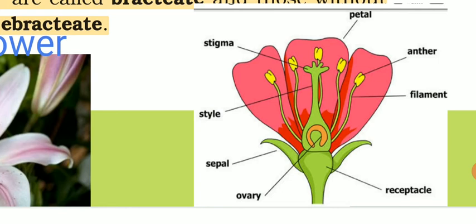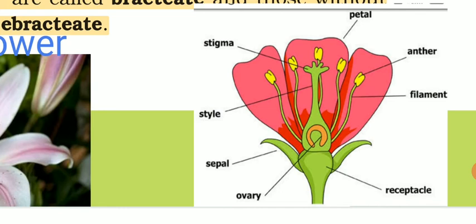Petals are variously colored, ranging from one kind of color to another: bright colored, light colored, white, so beautifully colored. Petals help in pollination, and they attract various kinds of insects so that pollination can take place. They give us fragrance, so we feel good by looking at beautifully colored flowers. These two do not play a direct role in reproduction.